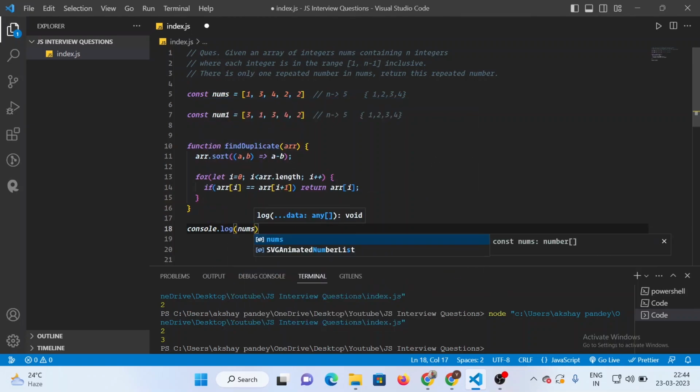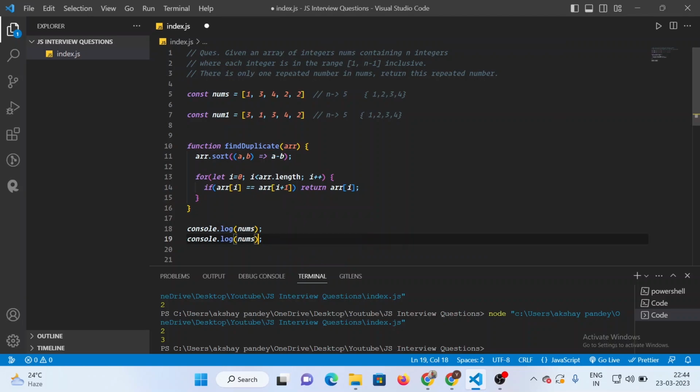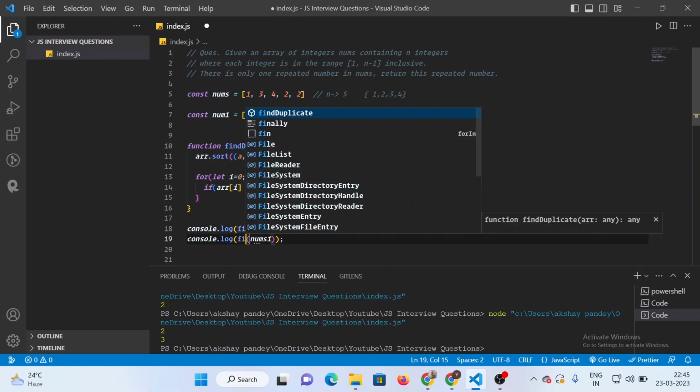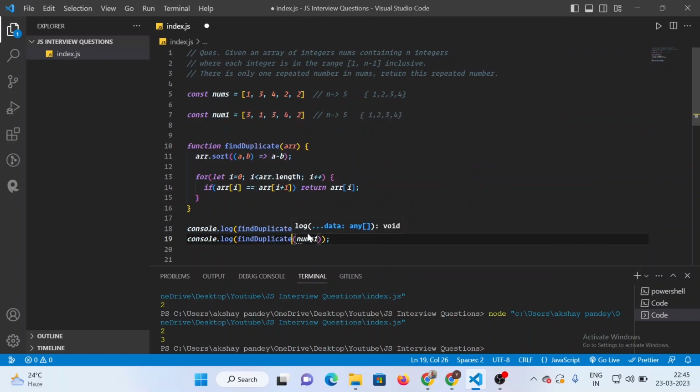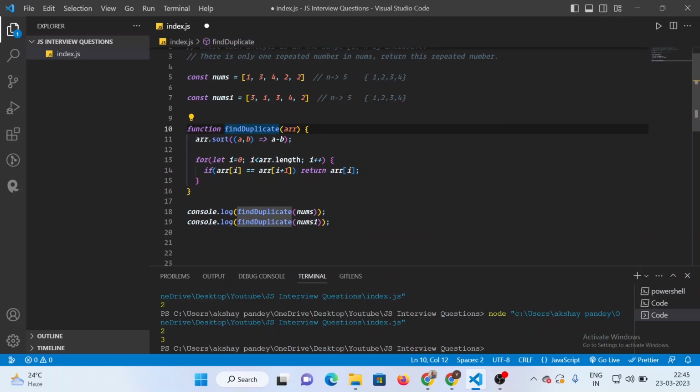Console.log, first pass it nums, and then let's call the function first. Find duplicate nums1. Okay, one more thing: because I am starting from index 0 and I am accessing the i plus 1th index,